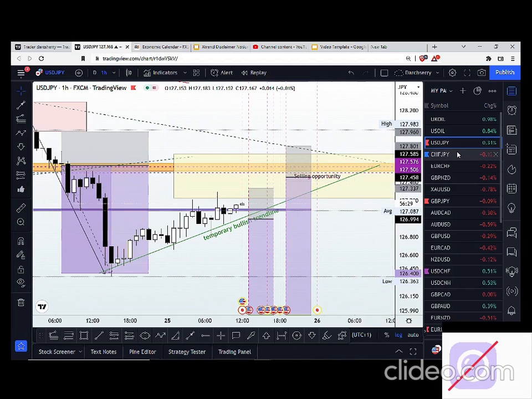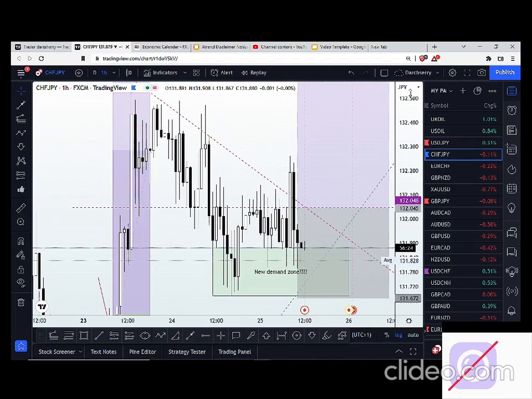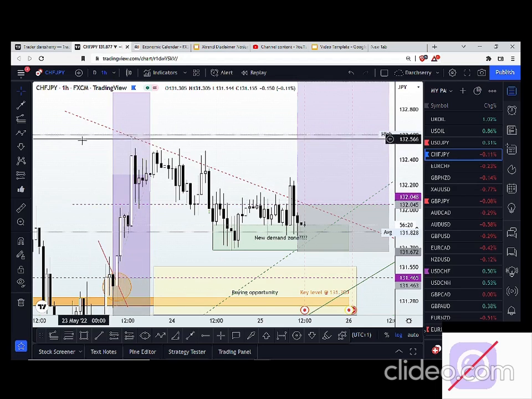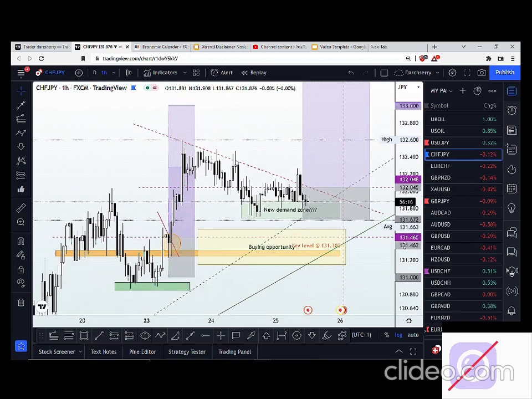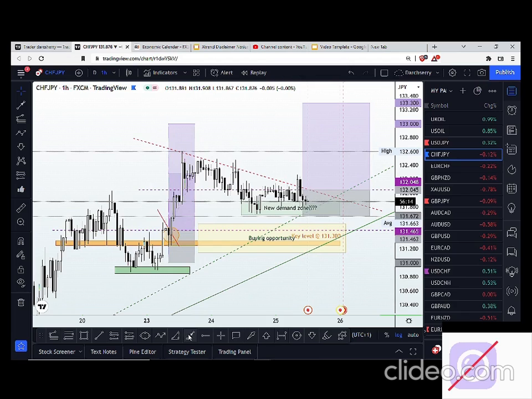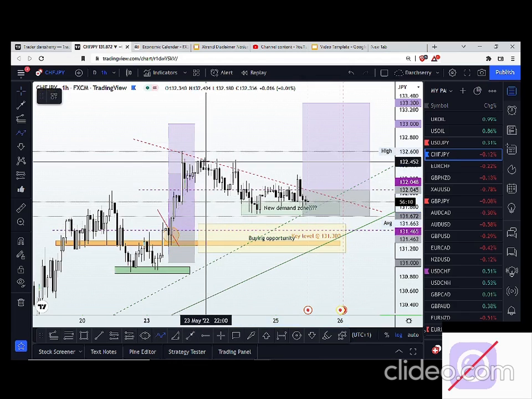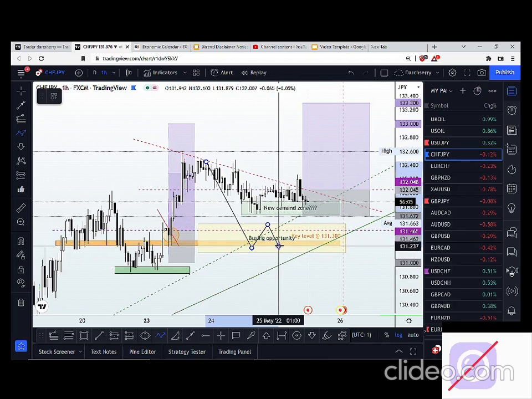So CHF JPY, what's happening on CHF JPY? We took profit on CHF JPY. That was 2 days ago, and price appears to be doing what looks more like a retracement phase into the buy opportunity zone that we have identified here, where we are looking for structures that will support a trend